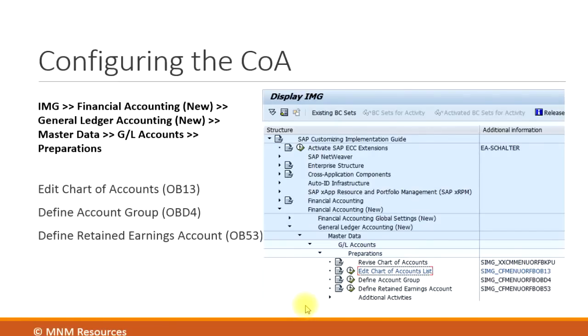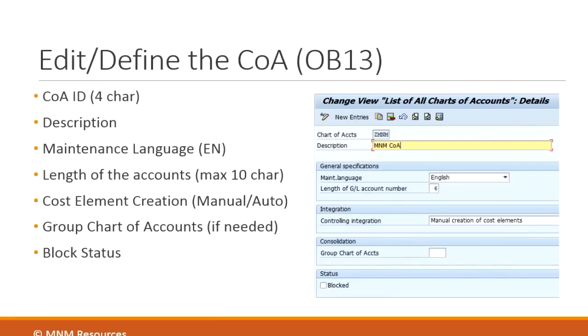Now we saw how to configure the chart of accounts, define the account groups and retained earnings account. I have given some screenshots of the IMG menu path and the short transaction codes for them in this slide. And we saw how to define the chart of accounts, what are the important fields we need to fill up,